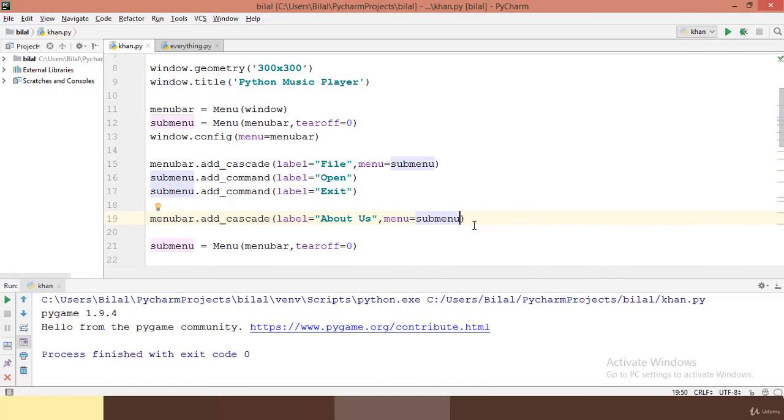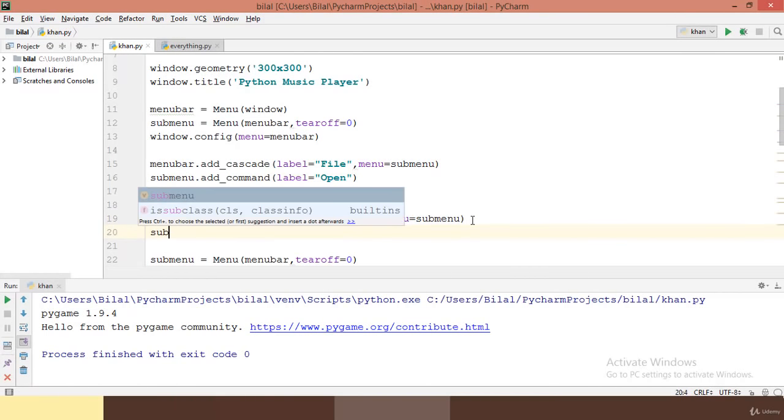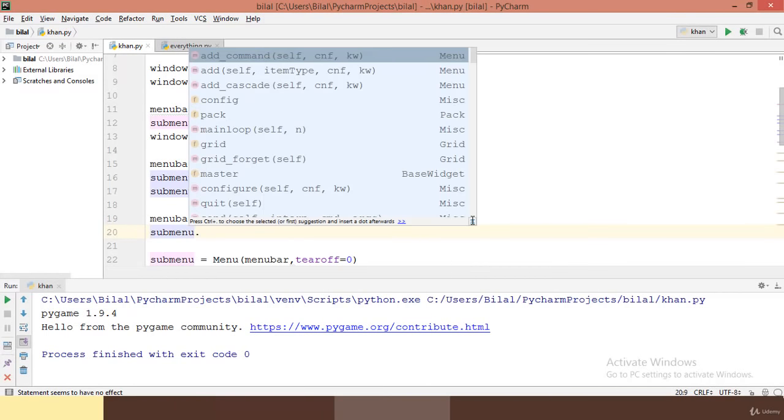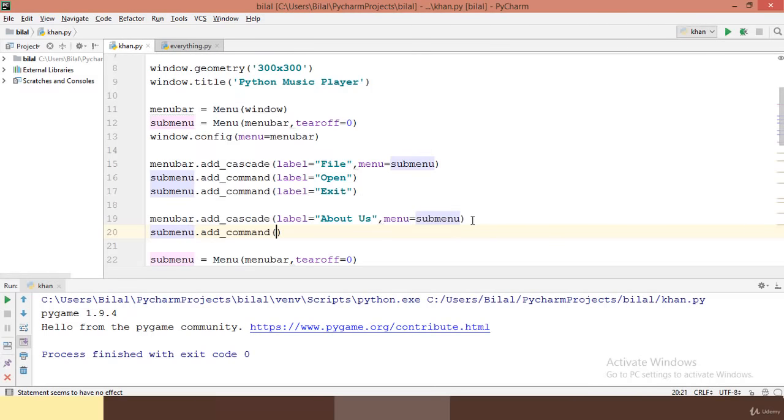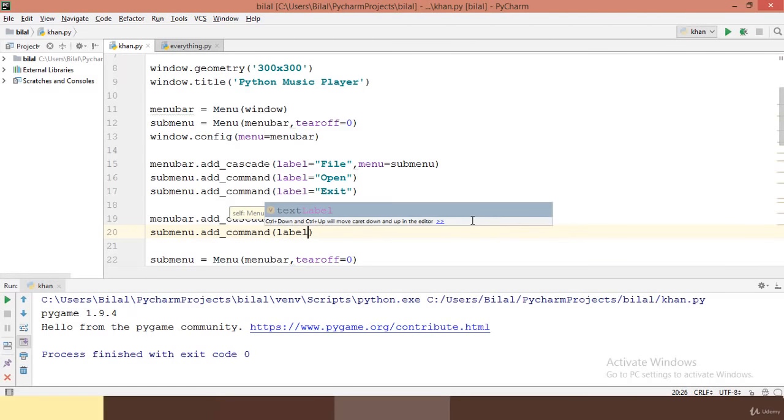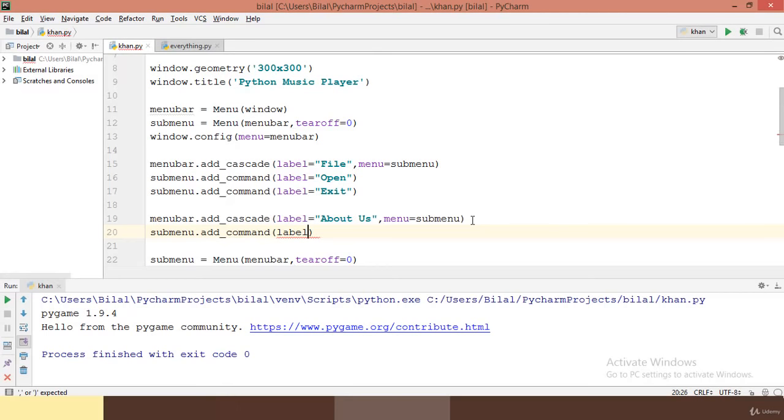Well, you can name it anything you want, and now we can add items in it. So submenu.add_command, and label is just gonna be equal to, let's say, Help. And now I think we need only one item, and now when I run it,